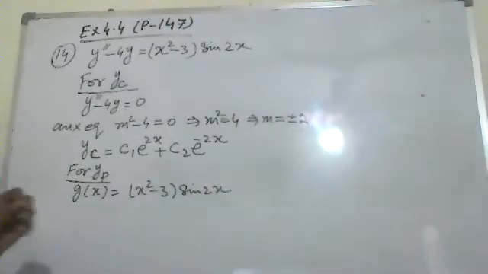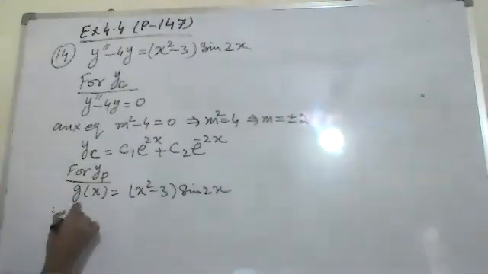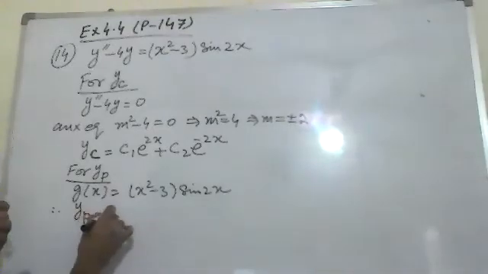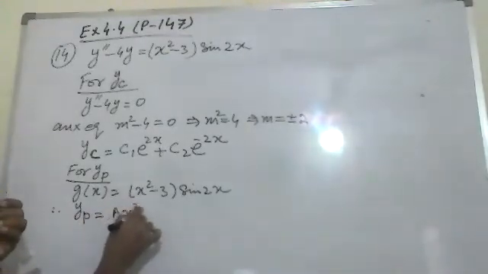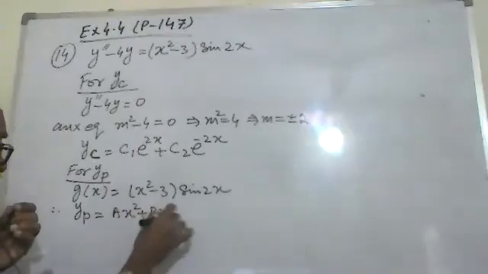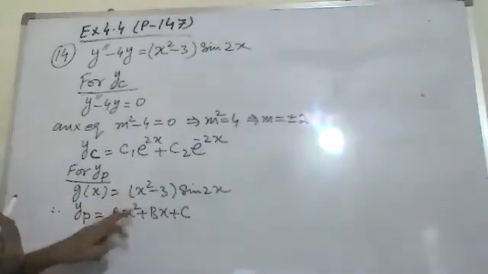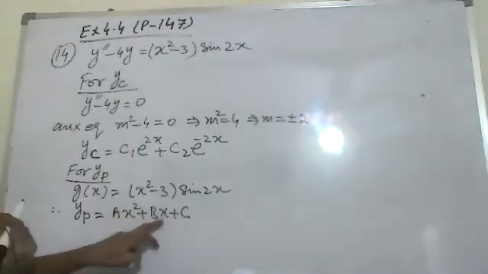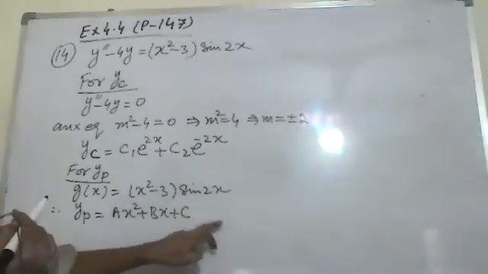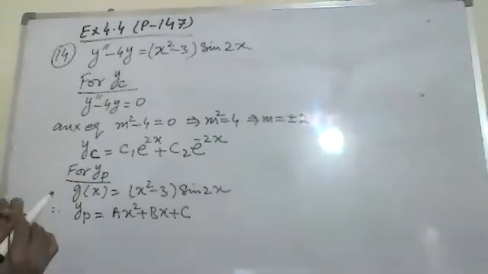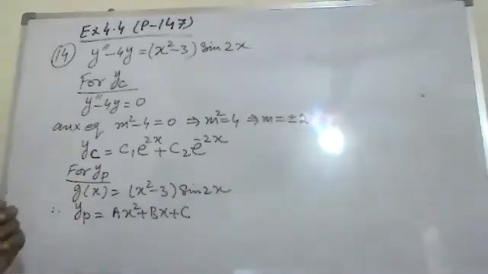So therefore, yp will become ax square plus bx plus c. The maximum power is x square, so we'll start from x square, then one power less, up to x to power 0, that means up to the constant. So ax square plus bx plus c into